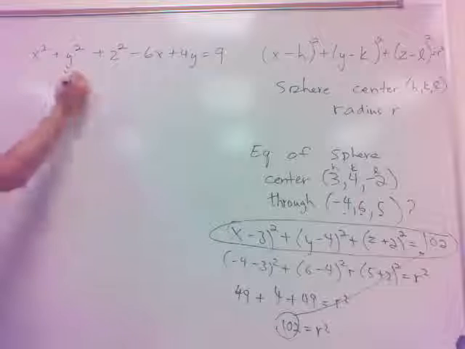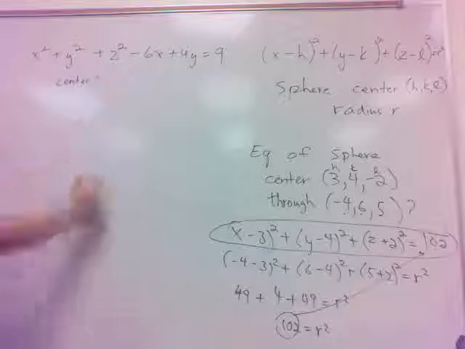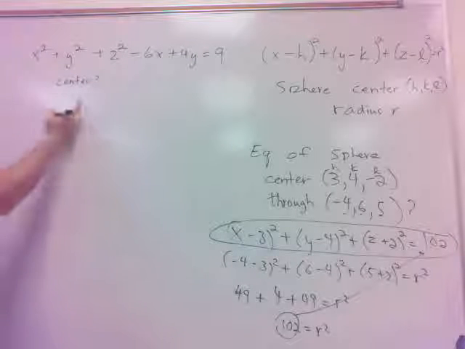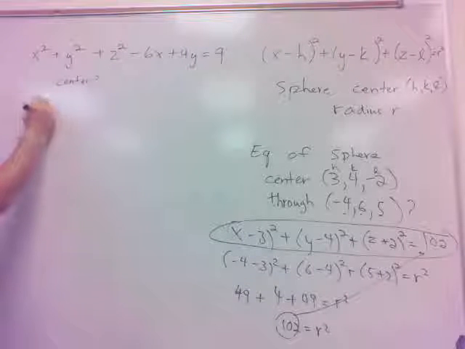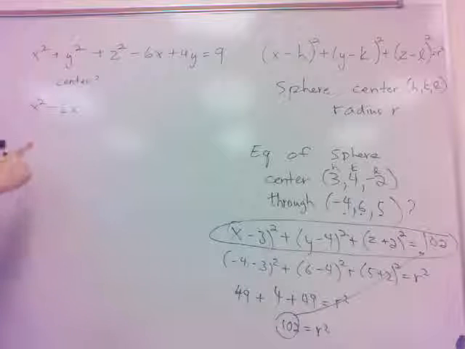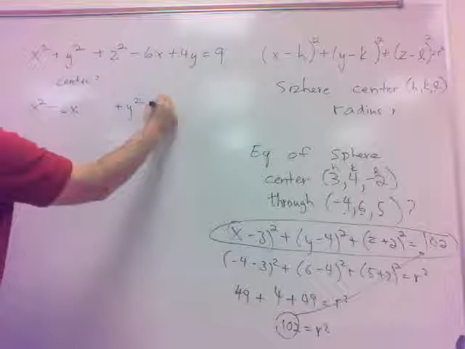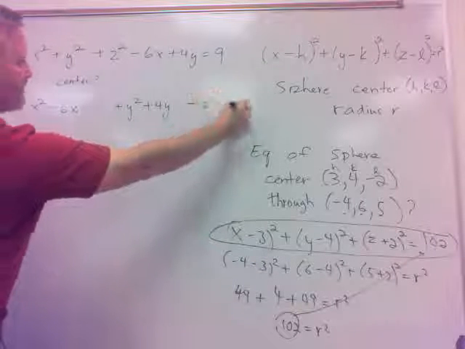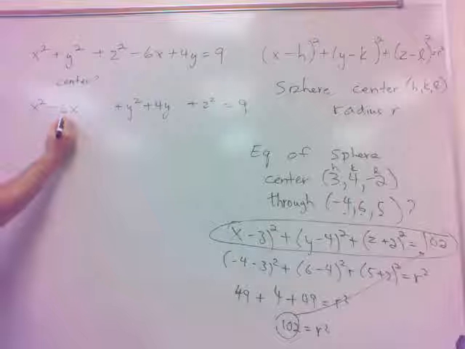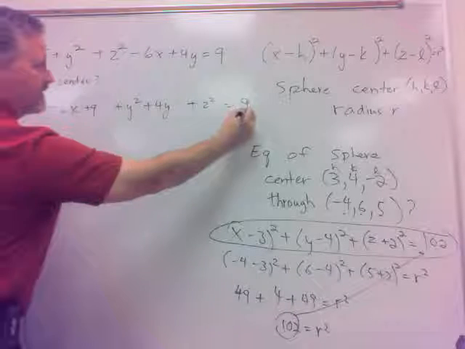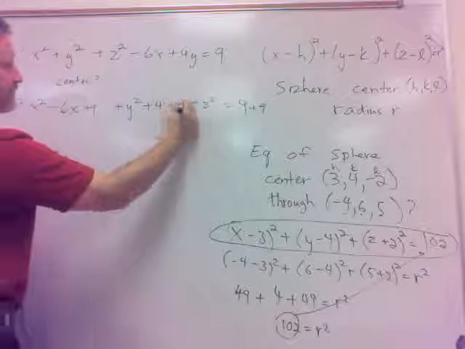So this is going to be a sphere. To find the center, what do you think? Well, with these, we've got a little shifting. Remember that? If we group the x squareds here, then do a little completing the square. Let me space that out. Of course, the z doesn't have a counterpart, so the z squared stays. Complete the square: half of that is -3, squared would be +9, so I'm going to add 9 to both sides. Half of that squared would be 4, so add a 4 in,